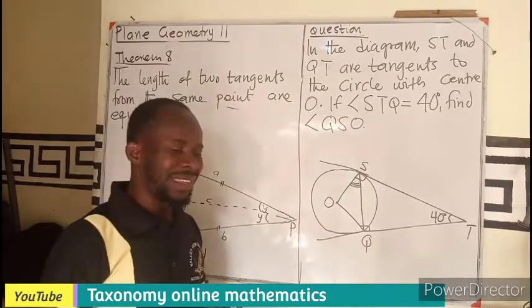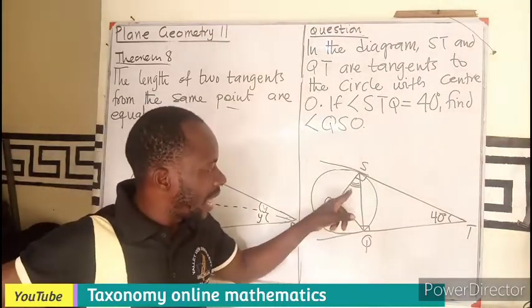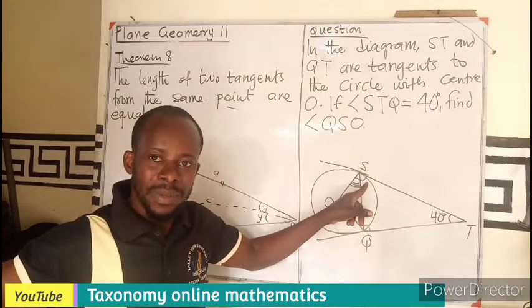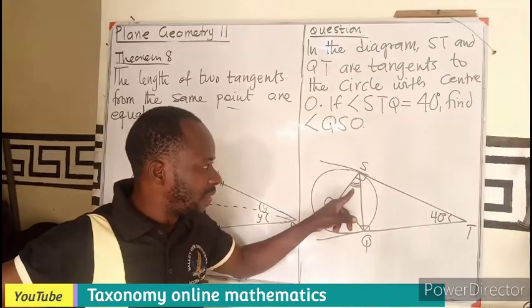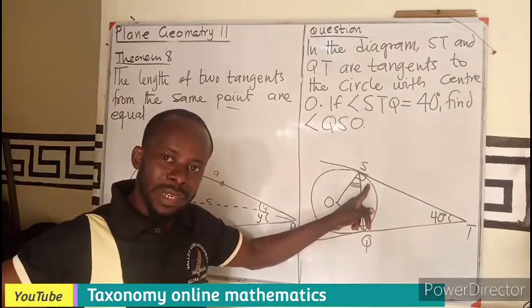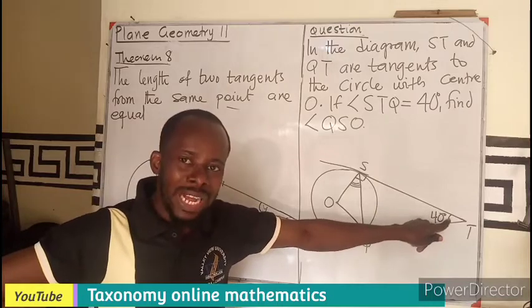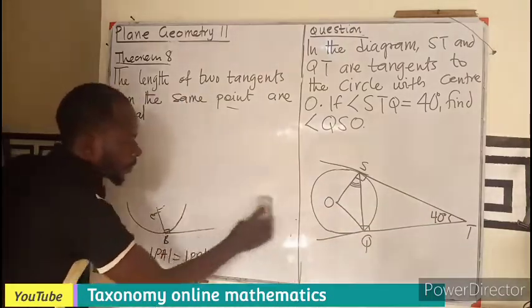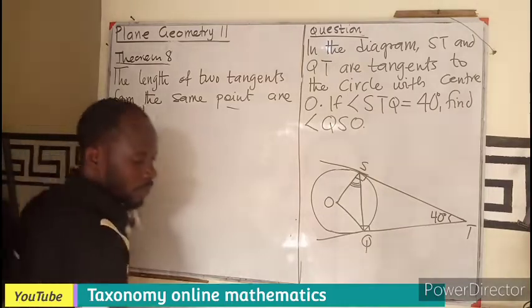But looking at that, before I can find the angle I'm looking for, I need to know the angle here, because this plus this will give me the 90. Now I am looking for this, I don't know this. So it means I have to look at this angle. How can I use that to solve my question? So we can take